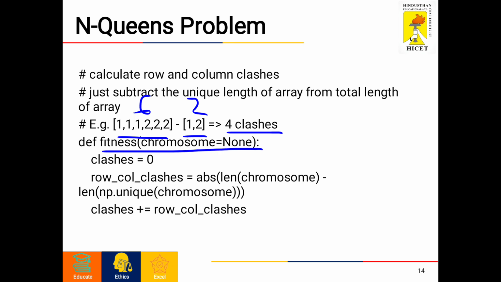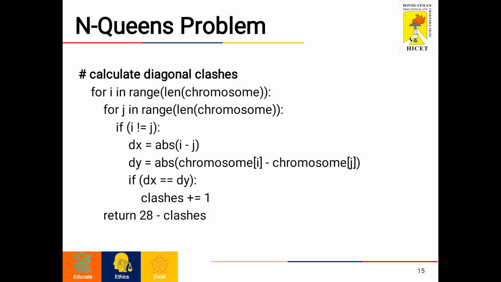In the fitness function, the first thing is to find the row and column clashes, where clashes is initialized to 0. The row column clashes will be the absolute difference between the total length of the array and the unique length of the array. Once we find that, it will be assigned to clashes. We have to find diagonal clashes also. This part is for calculating the diagonal clashes. It gets iterated over the chromosome. A chromosome is nothing but an individual, and an individual is nothing but the positions. Say, for example, I'll take an example of 1, 2, 3,